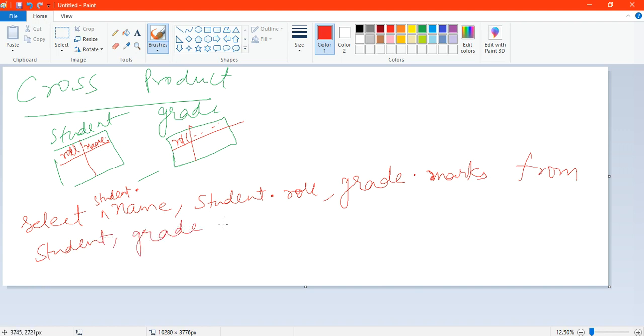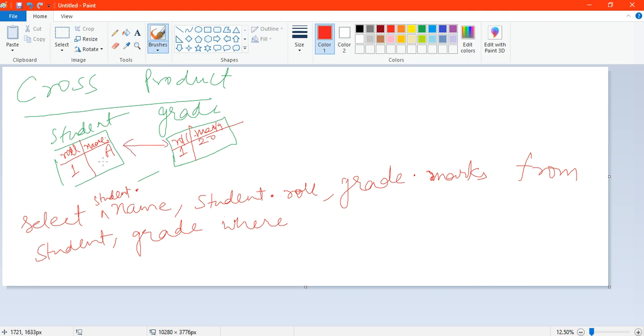Now where you put some condition: take name, its corresponding roll number and its marks from the grade table, only when the roll number is common in both tables. Here, if roll number is 1 and name is A, then search for roll number 1 in the grade table and find its marks, let's say 20. Both the data should match.